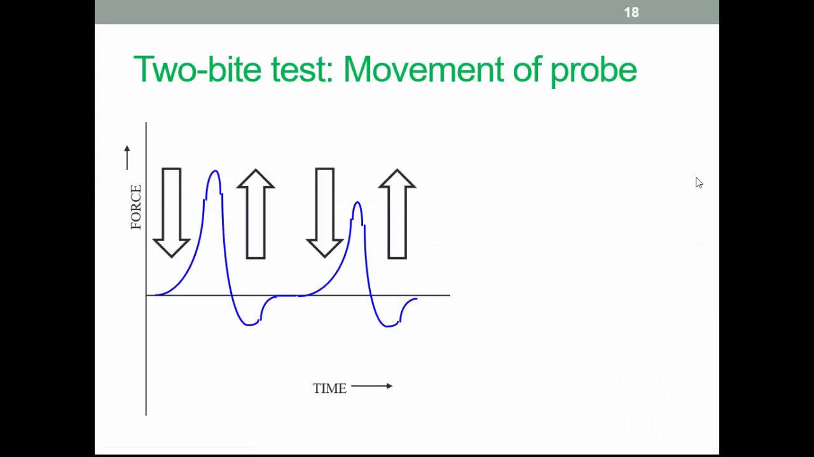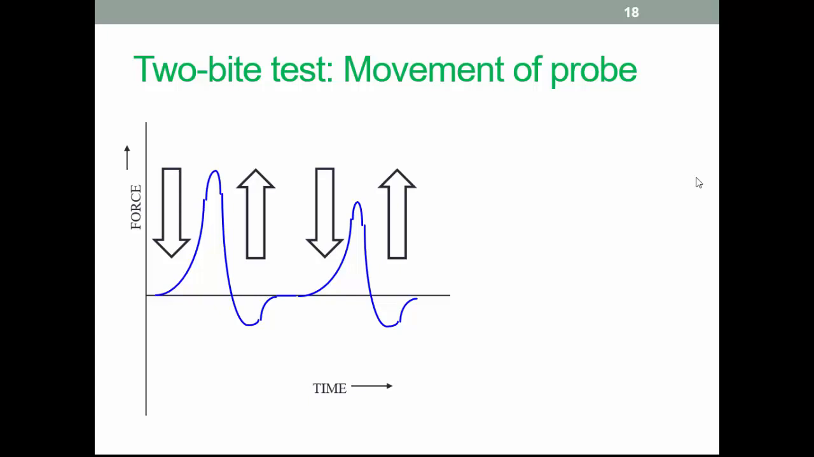So see Kim's video if you haven't already. During the TPA test, the probe descends and makes contact with the sample. When a minimum trigger force is achieved, the probe descends for a set distance at a specific speed. The probe then returns to its original position and then waits for a specific time before making its second descent